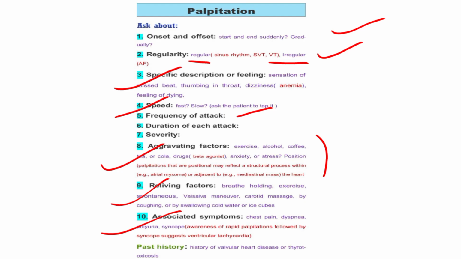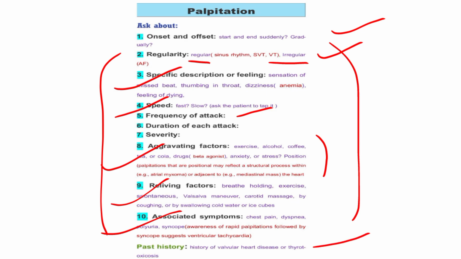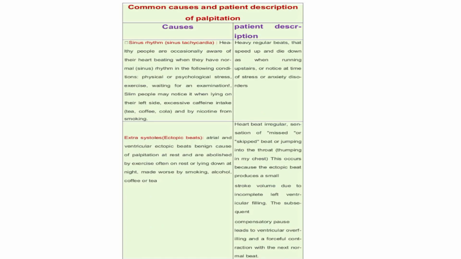Okay, these are the things we can ask from the patient. We can ask the past history of valvular heart disease or thyrotoxicosis. It means increase in the thyroid hormone, some causes, and the patient description of palpitation. In case of sinus arrhythmia, patient description is heavy regular beats that speed up and die down as when running